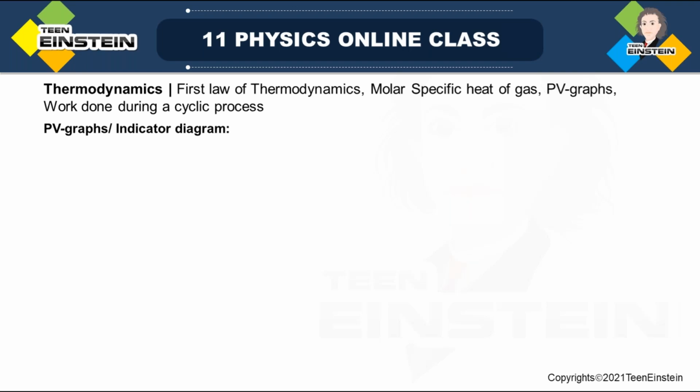So what is this PV diagram or indicator diagram? See, in mechanics we have seen many things we had expressed like velocity, then acceleration, displacement. These are the things we had discussed graphically also. So when we talk about thermodynamics, the state of a thermodynamic system can be completely described by two thermodynamical variables, namely pressure and volume. Then actually there are three main state variables. Those are